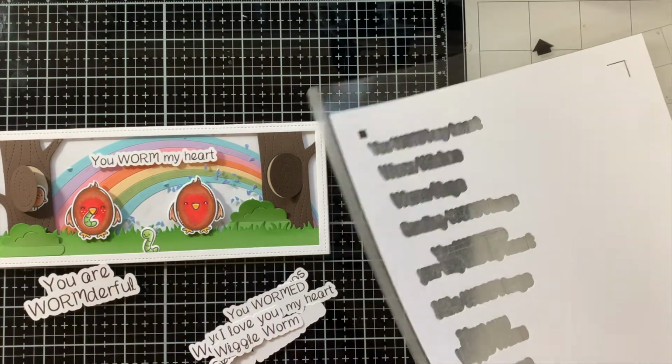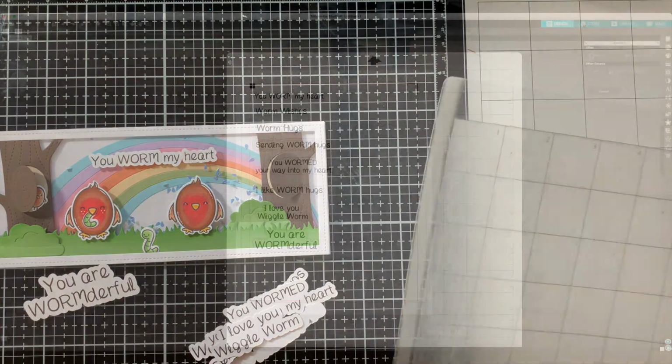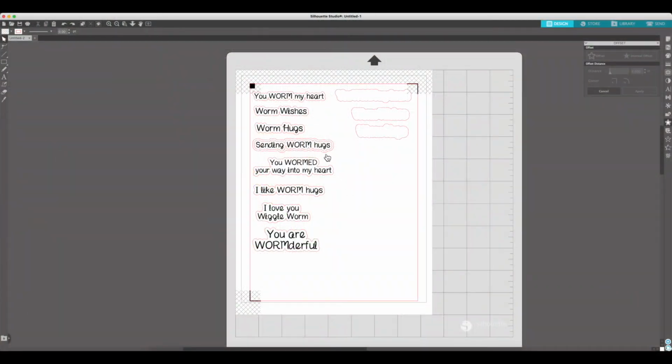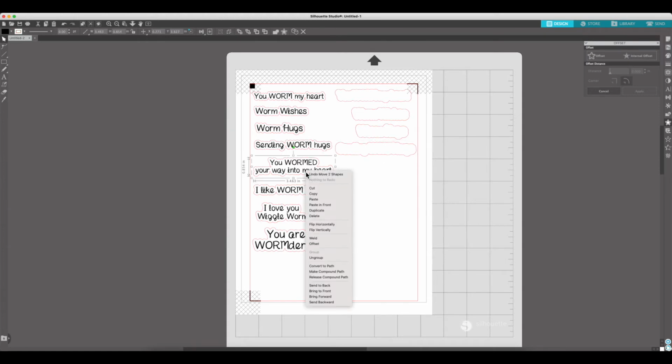And I could just stick that right down on my card, but I thought it would be fun to make some layers. So you can see here I've already done a few, and I'm going to show you how I did that. So first thing I want to do is right click onto my sentiment and ungroup this, because if I don't, it's going to trace around each letter and the die cut line. So now I just clicked on that outer line and I push offset, and I can adjust the size, and this is going to be